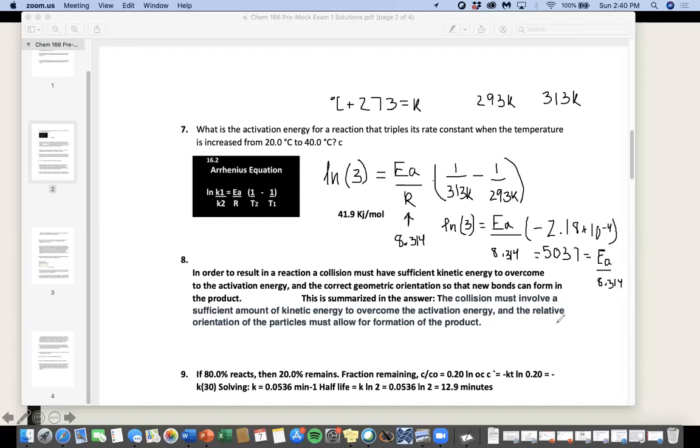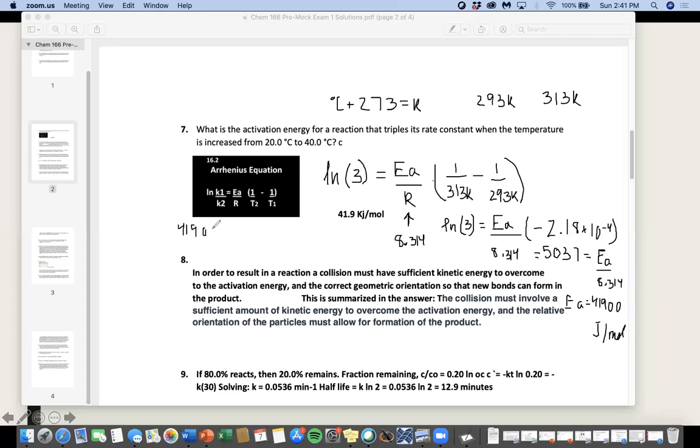And then you're going to multiply by 8.314, and you would get activation energy equals 41,900 joules per mole. But all of your answer choices were given in kilojoules. So if you remember, in order to convert from joules to kilojoules, you would do